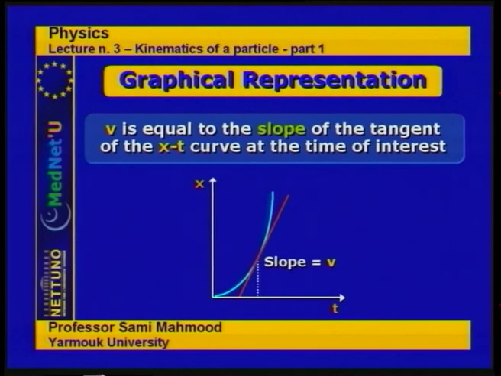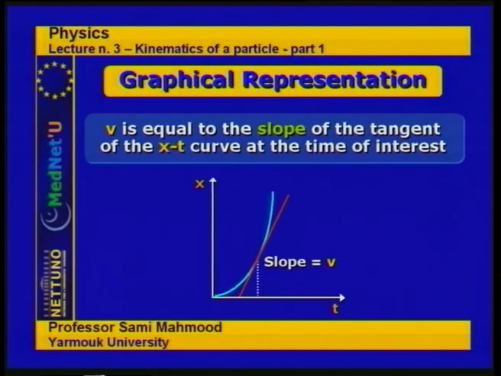How does this look on an x-t curve? Again, if we plot the position of the particle x on the vertical scale and the time it takes for the motion on the horizontal scale, and the light blue curve represents the motion, which is the change in position with time, then the instantaneous velocity of the particle at a given time,